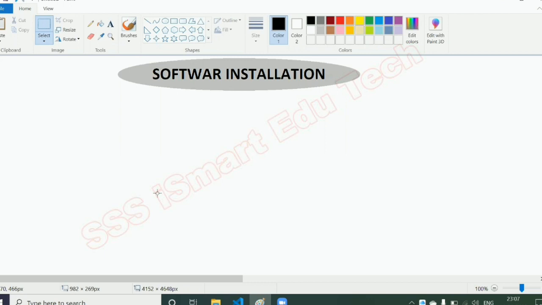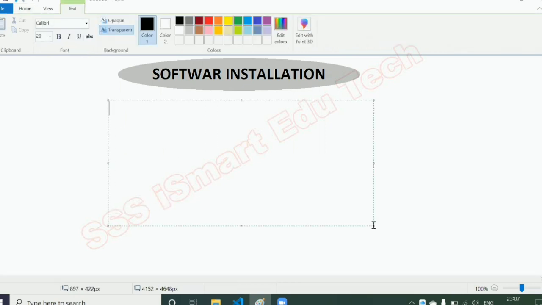So in today's session, we are going to understand how to install the software that is required for our React.js series. To start with React.js, we require some software. What software do we require? First, we require an editor. What do you mean by editor? An editor is a software in which we are going to write our code, like our React.js code. So we are going to select Visual Studio Code as an editor.